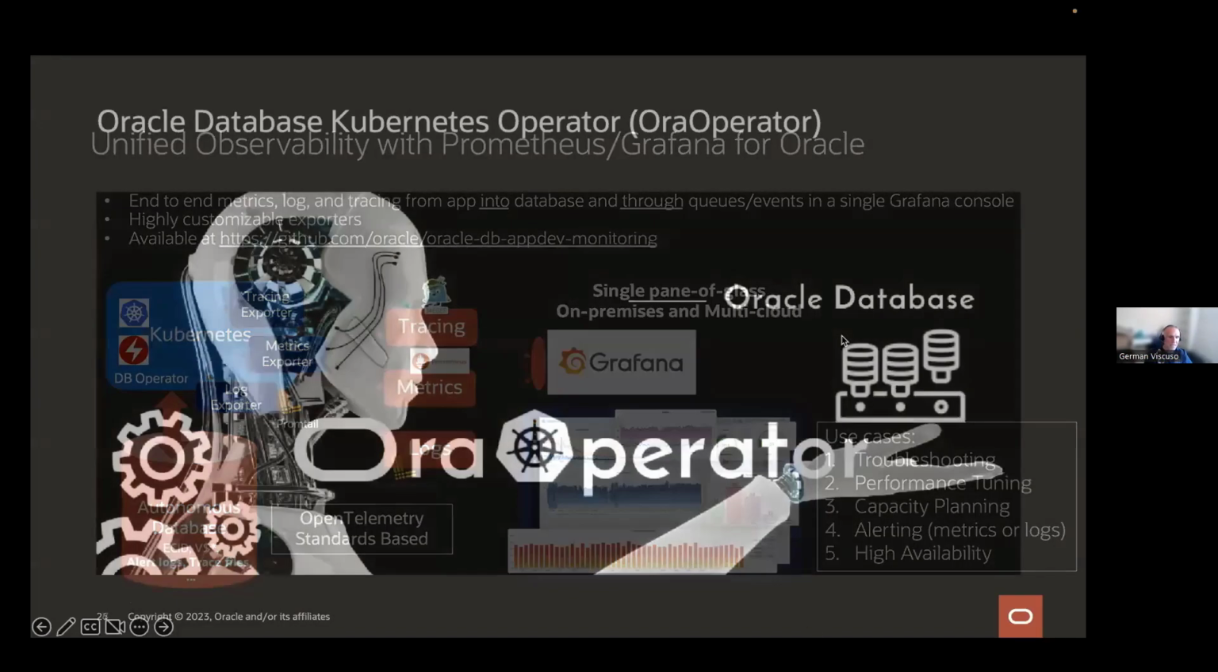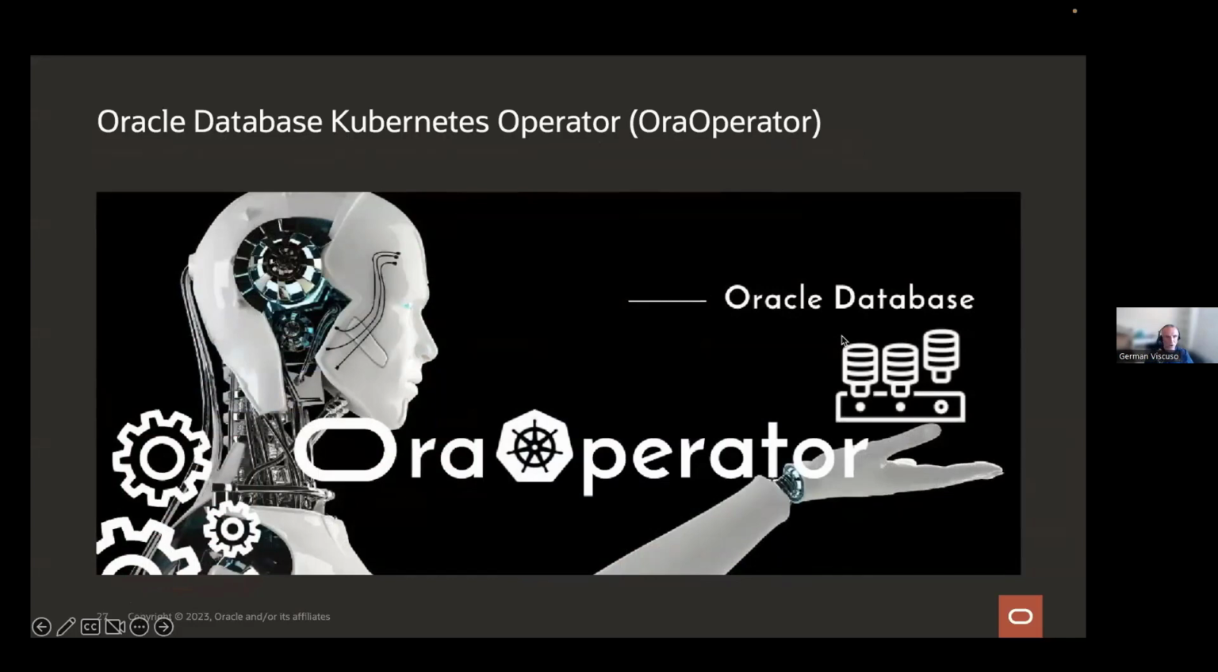Okay, so the last thing that I wanted to show you is the OraOperator. Now that we are talking about containers, we created Oracle Database Kubernetes Operator. And if you're doing DevOps and you're for sure working with containers, we have this really nice way of going Kubernetes native with your Oracle database. So OraOperator extends the Kubernetes API with custom resources and controllers for automating Oracle database lifecycle management, including Autonomous Database